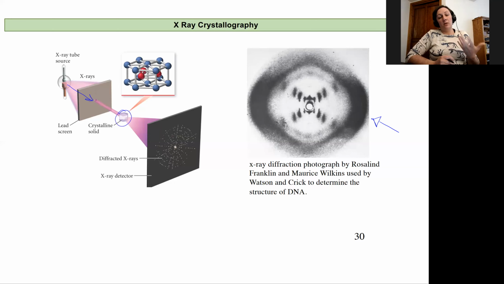This means that if you're creating a new compound in a lab, you need to be able to grow a large enough crystal of that compound, so it's completely pure, to be able to then place and shine an X-ray through, which is a great challenge amongst synthetic chemists. So as that X-ray passes through the crystal structure, it diffracts as it runs into all of these different atoms. And you'll get a diffraction pattern on the X-ray detector. This is single crystal